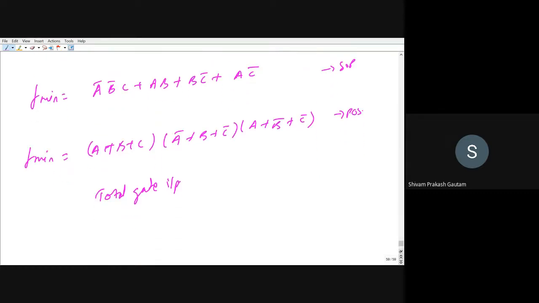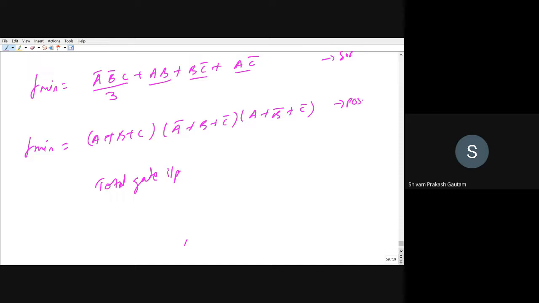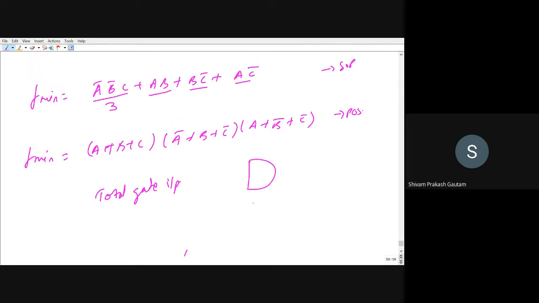How can we calculate total gate inputs? So just see how many. It is having 4 terms, right? So the first term, A bar, B bar, C bar, will be formed by using an AND gate, and input to that AND gate will be 3. Or you can directly draw it as well. So this is one AND gate, second AND gate, third AND gate, fourth AND gate. This is having 3 gate inputs, 2 gate inputs, 2 gate inputs. Output of all the AND gates are going to the OR gate.